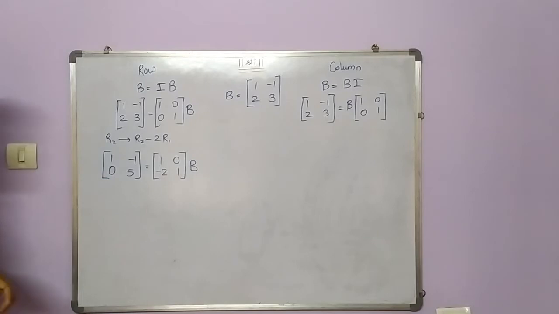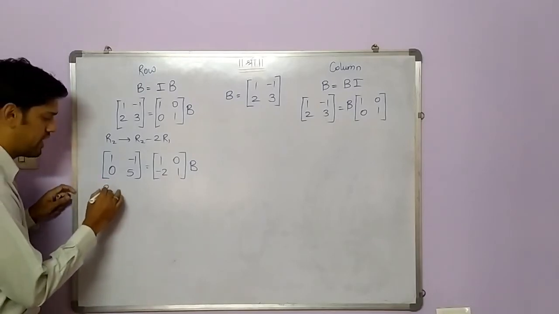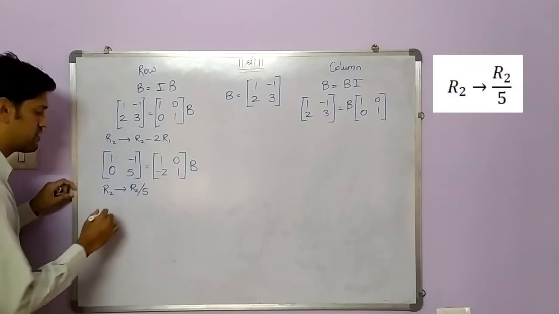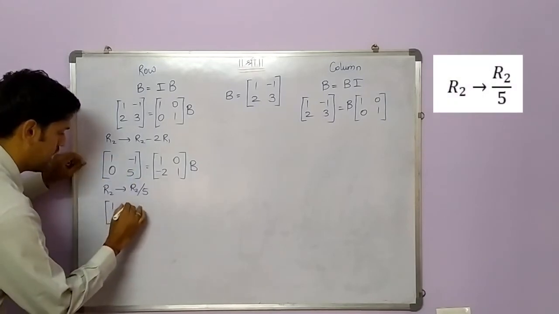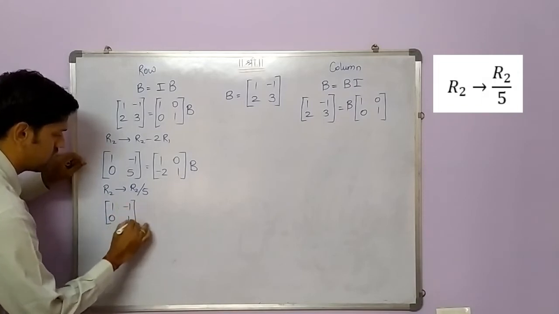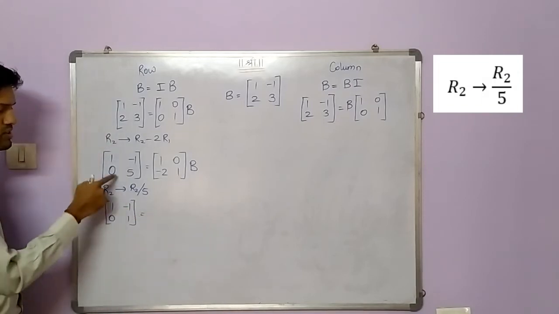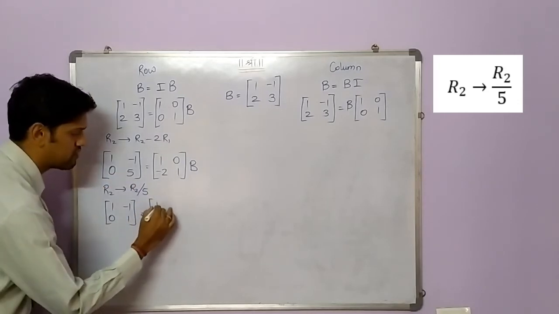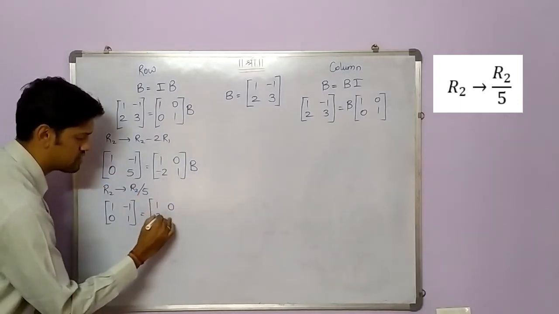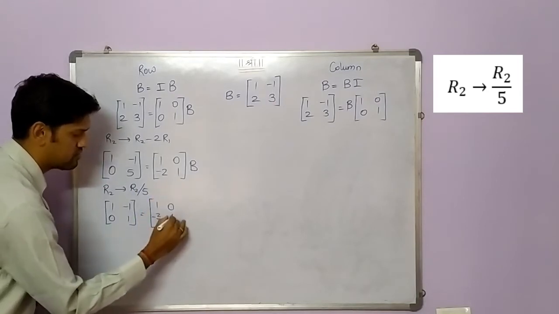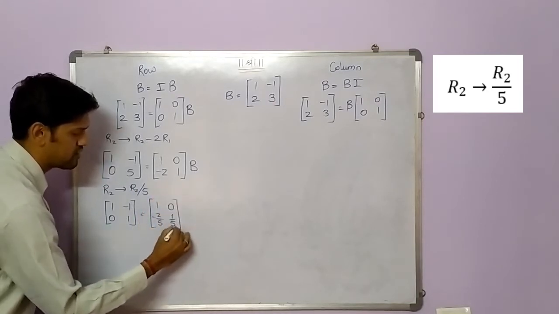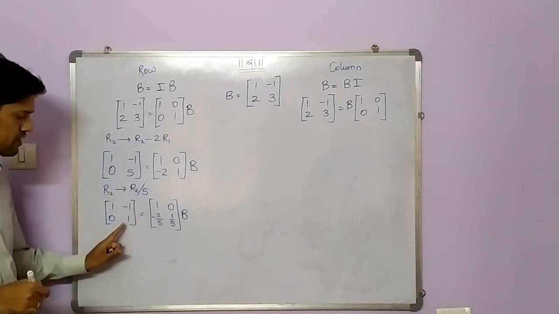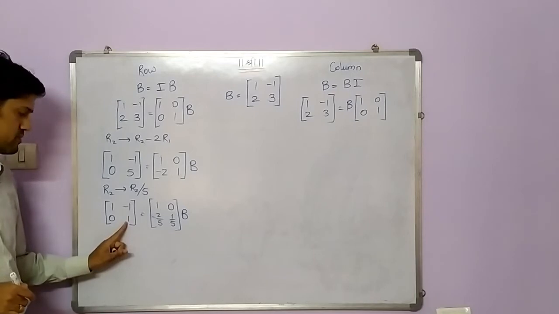So to make it 1 now, what I will do is directly divide it by 5. So second row I will do as R2 divided by 5. First row will remain as it is. Second row will become like this, because 0 upon 5 is 0, 5 upon 5 is 1. On the right hand side it will become 1, 0. This will become minus 2 upon 5. This will become 1 upon 5, because I have divided the second row by 5. So now this has become 1 now.